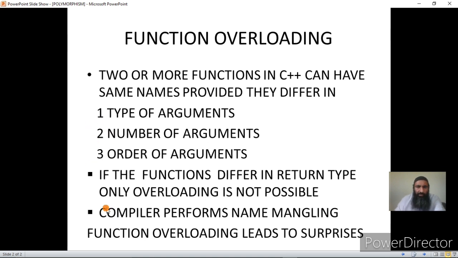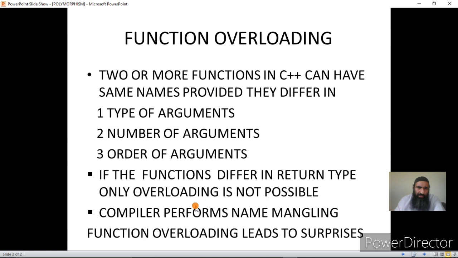Now, actually, the compiler does not create functions with the same names. It internally converts the functions with the same name into a unique name. So if we have more than one function with the same name in C++, the compiler does what we call name mangling.